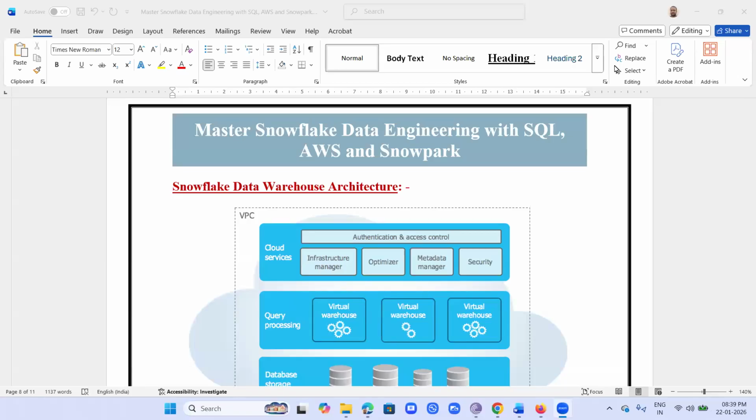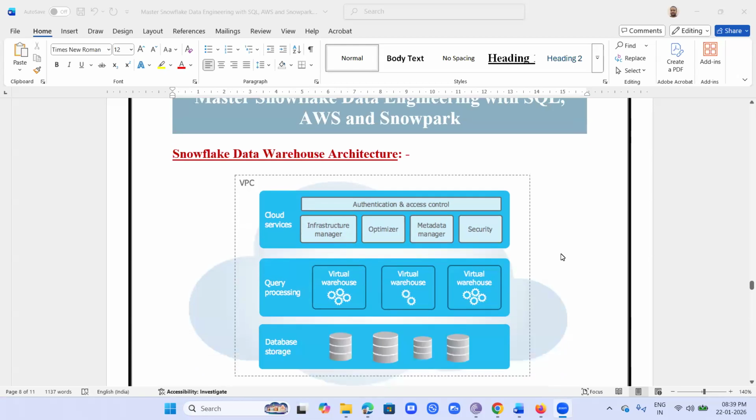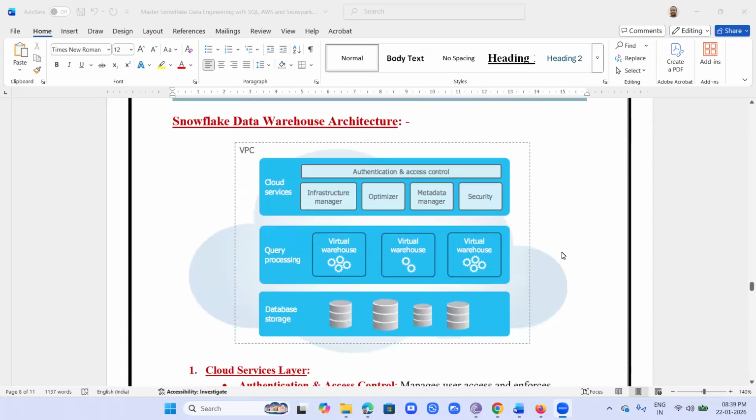Now let's continue Master Snowflake Data Engineering. In this, let's continue Snowflake Data Warehouse Architecture. Snowflake Data Warehouse Architecture is a